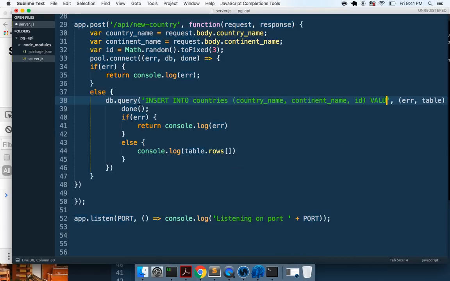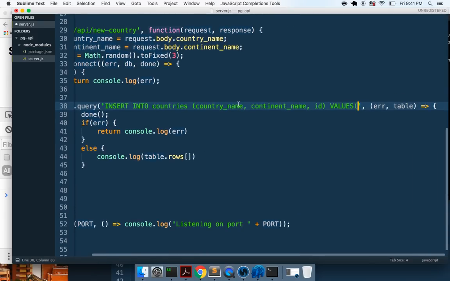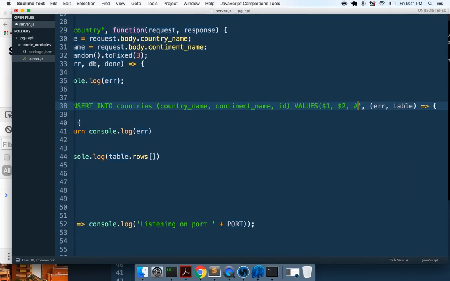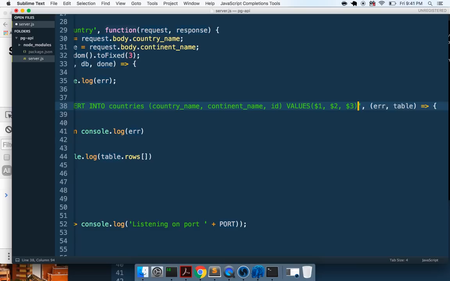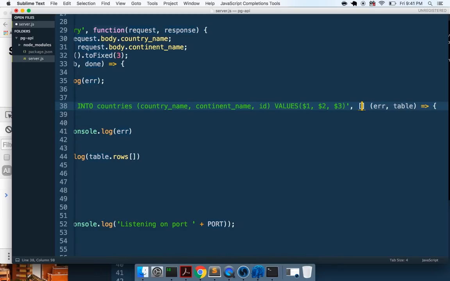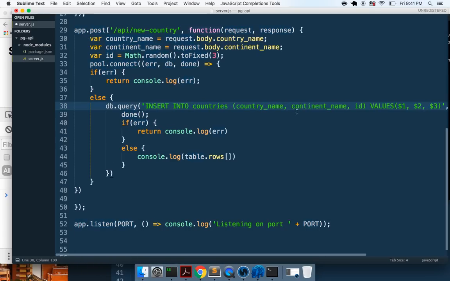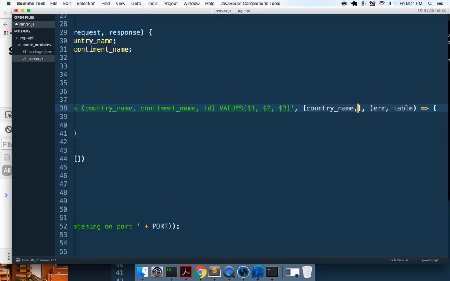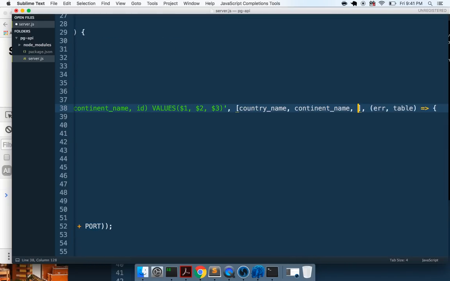Then we want values, which is, again, going to correspond to 1, 2, and 3. And finally, our array of values here, which will have country name, continent name, and